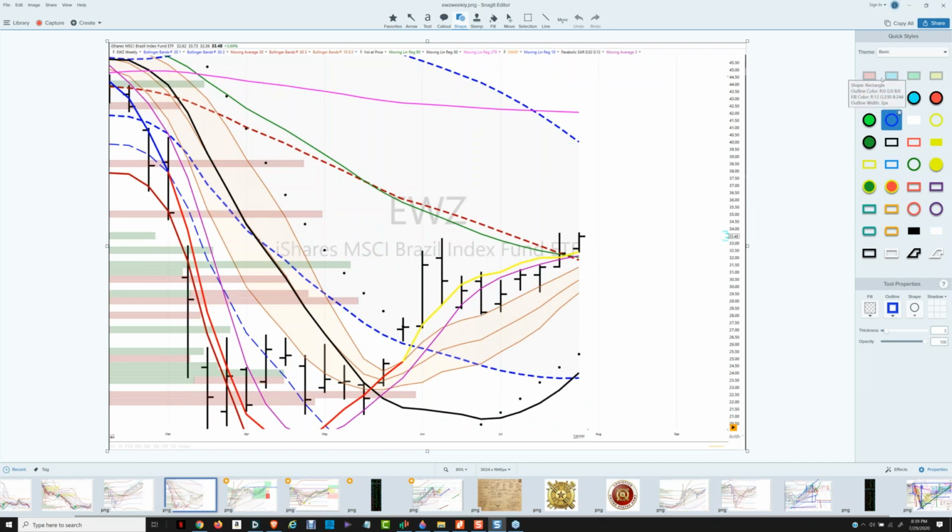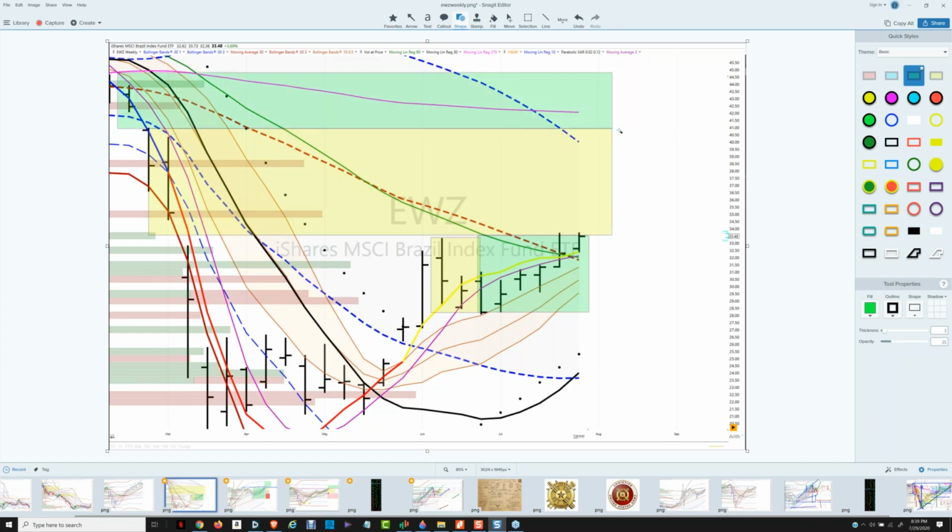Brazil is an example of something that has a lot more room to go. So I look at this last little move here as being pretty favorable. Here was a sell-off. It's now recovered from that. If it can break out, then the next opportunity space is this one. We call that basically all the way up to Z1. And then the next one would be the next region to conquer.